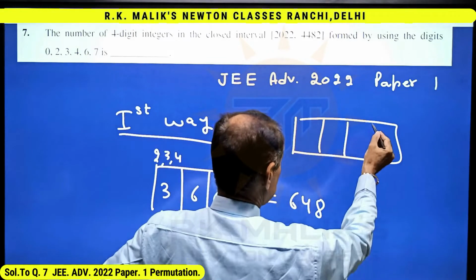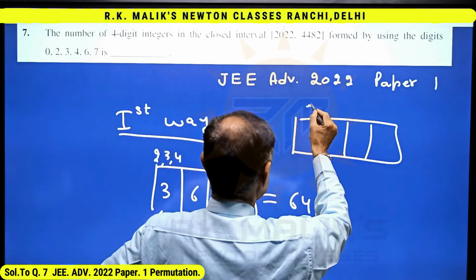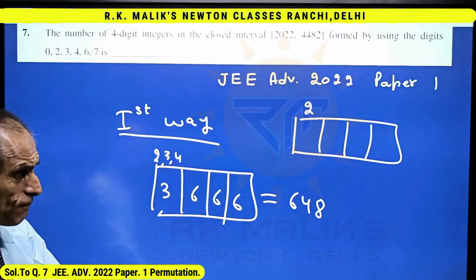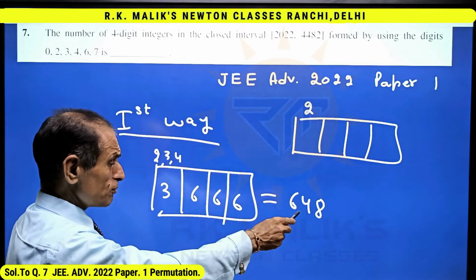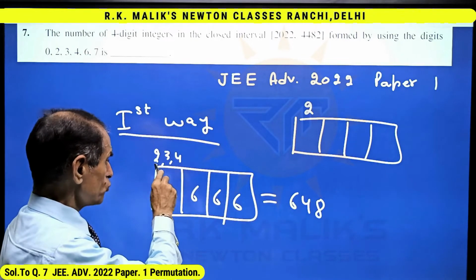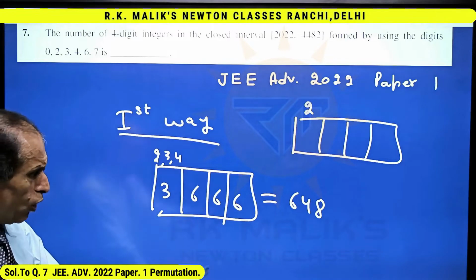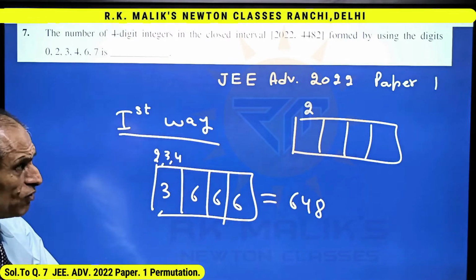To find the number of numbers, I will have to write 2 only at first place. Note that in 648 only those numbers are there which have 2, 3 or 4 at the first place, and out of these I am going to reject those numbers which are